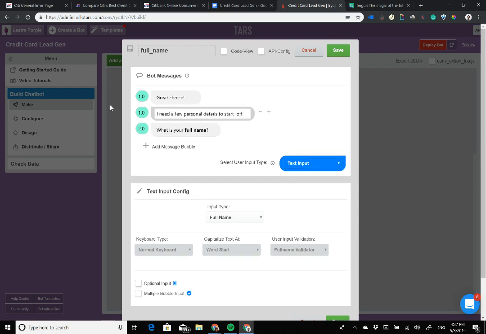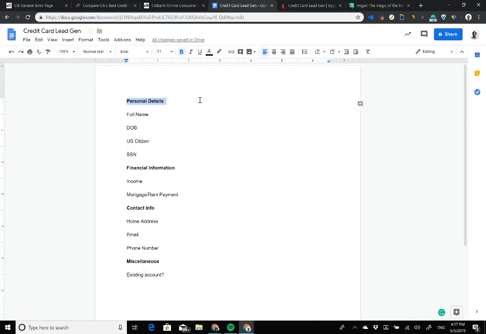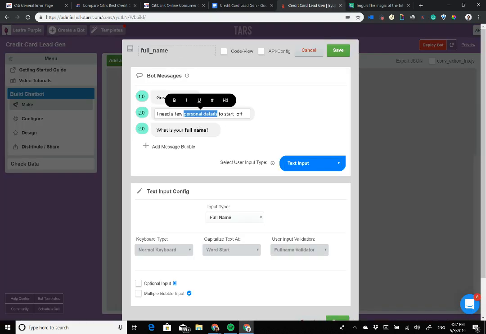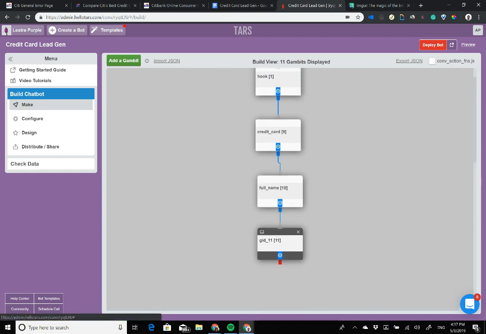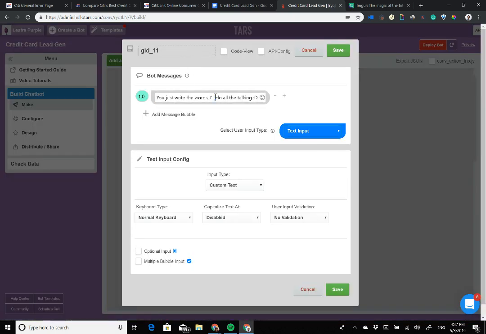We've told them we're starting off the process of lead generation. At the end over here, we're priming them for what we're going to ask them in the next few questions, some personal details. As you can see over here, I've organized it that way. And then we ask them for their full name and put full name verification on. Now we can ask them for the next detail. Whenever you're acknowledging user input after a full name, the way I like to do it is I like to say, nice to meet you,